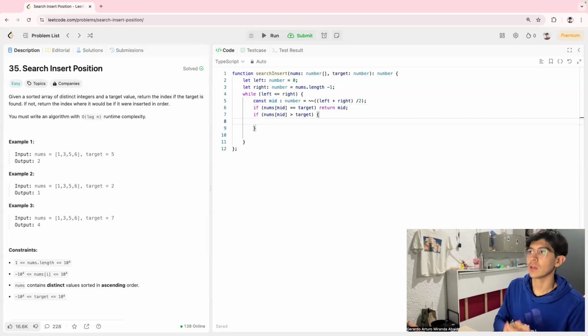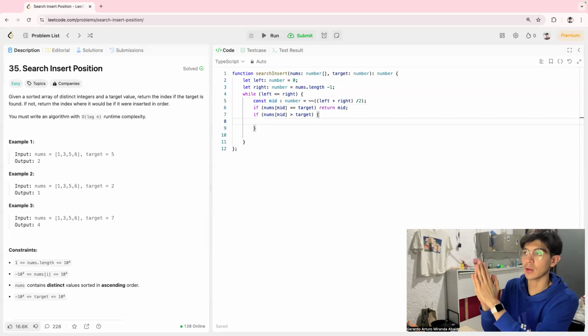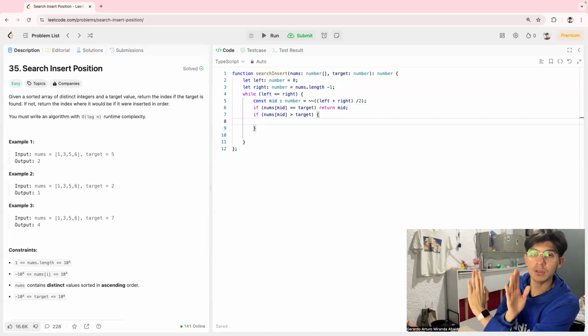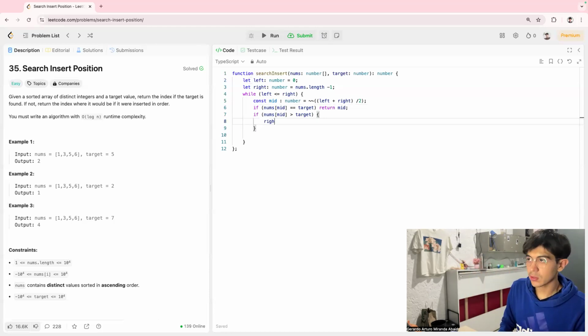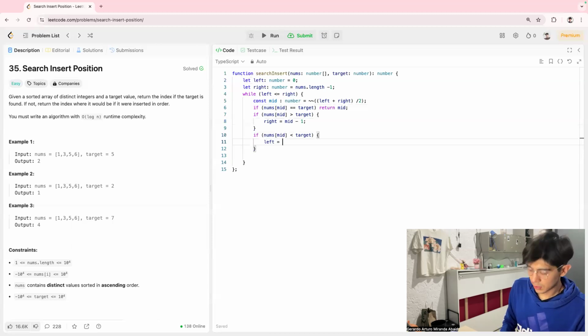Since nums at mid is bigger than the target, this means that the target is to the left of the mid pointer, so I will need to change the right boundary to before the mid pointer. So I'm going to say that right is going to be equal to mid minus 1, and then I will have the other case, where nums at mid is less than target,